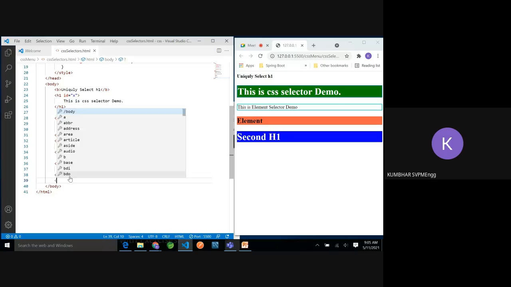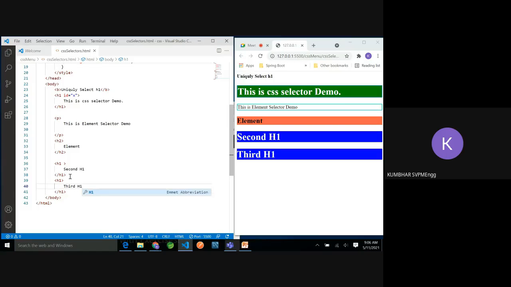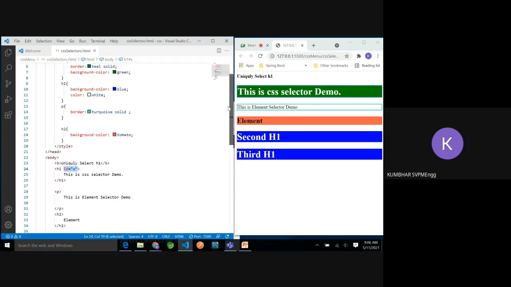If I go for one more heading, a third H1, it will take the style which is common for H1. But the first H1, which I have mentioned with the unique attribute X, will have a different style.